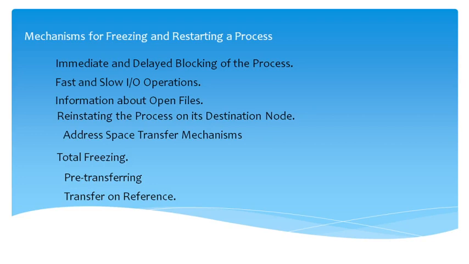So, in the process state, we need to take care of the currently opened files and the different access modes given for that particular file. Like that, we need to take care of the information of open files, and reinitiating the process on the destination node. So this one is